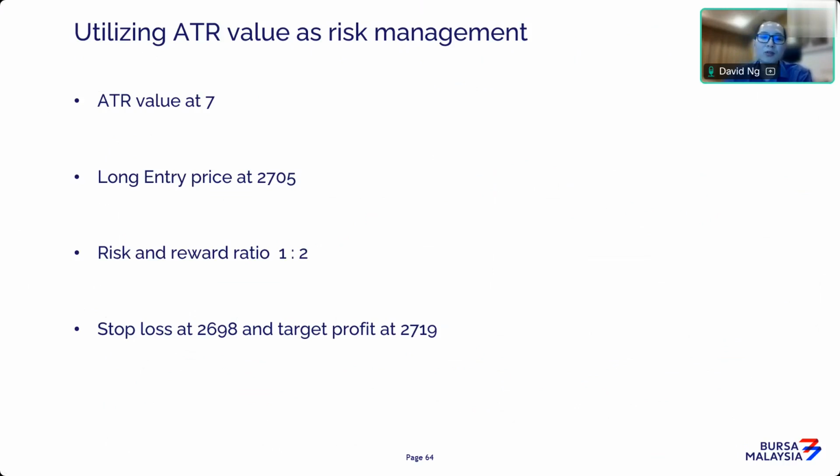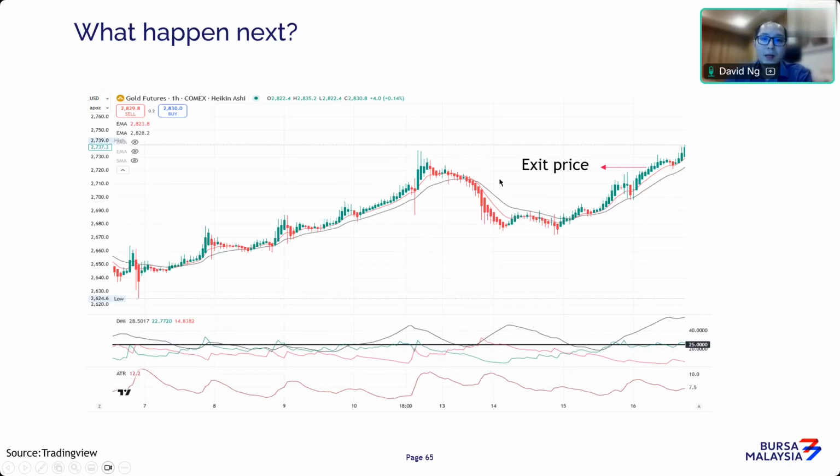But again, the risk to reward ratio is very individual. Certain individuals may use a lower ratio, certain individuals may use a higher ratio. It all depends on how comfortable you are in absorbing a loss. So this is what happened next based on the trading plan that was just executed. Again, importantly, you must have your stop loss in place. In case the market goes against you, you get stopped out and wait for the next signals to appear.